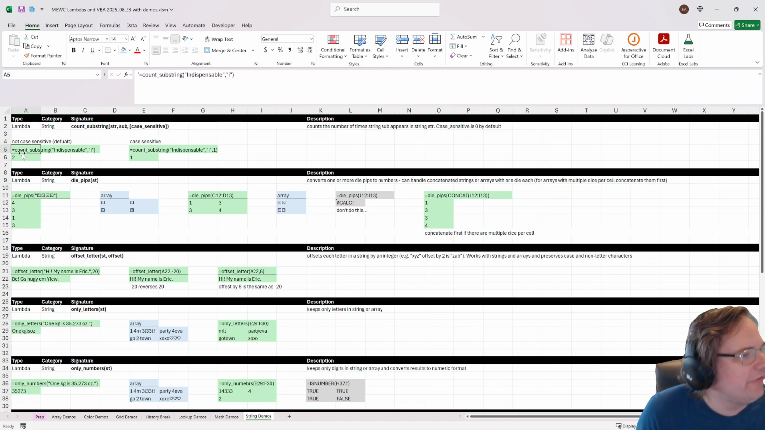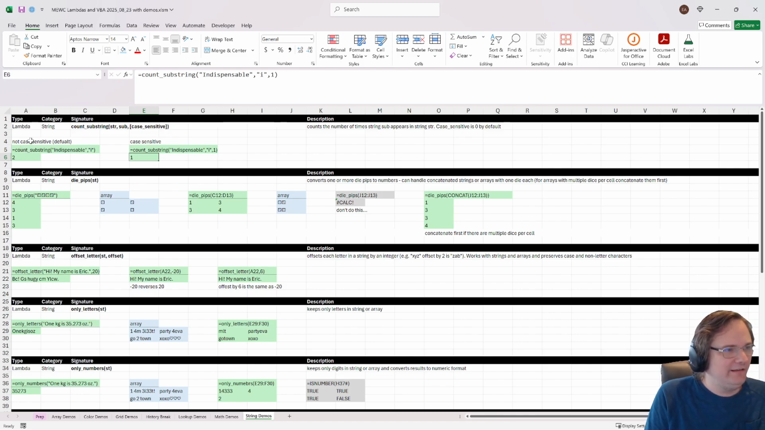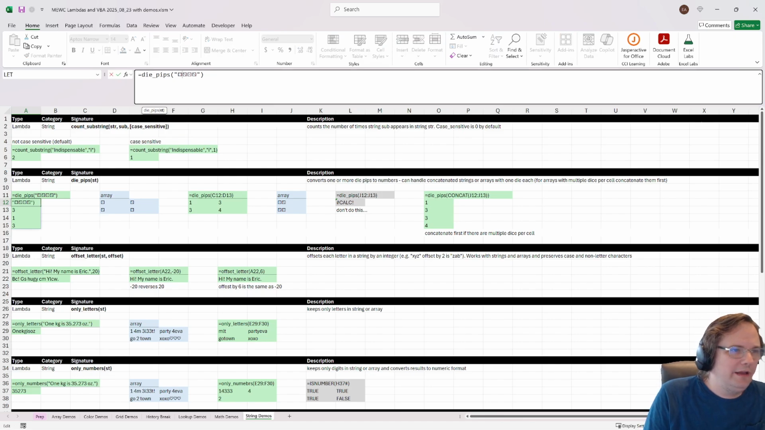Count substring. How many i's are there in indispensable? There are 2 i's in indispensable. You can count big strings, small strings. It is not case sensitive by default. Die pips just takes dice and turns them into numbers. Very simple lambda, just character minus whatever the Unicode is where they start. It also works with